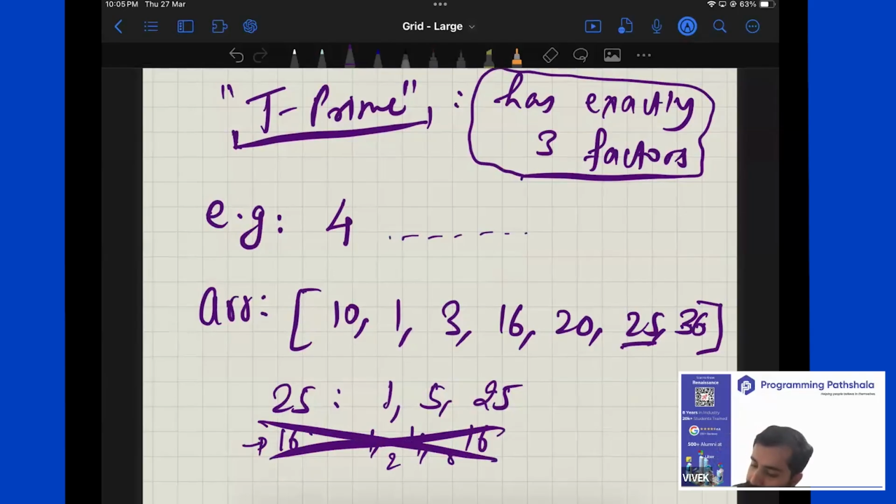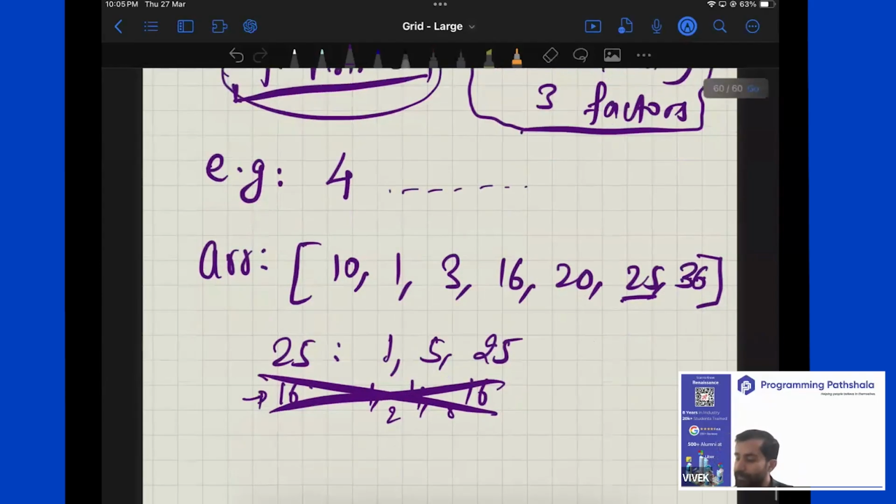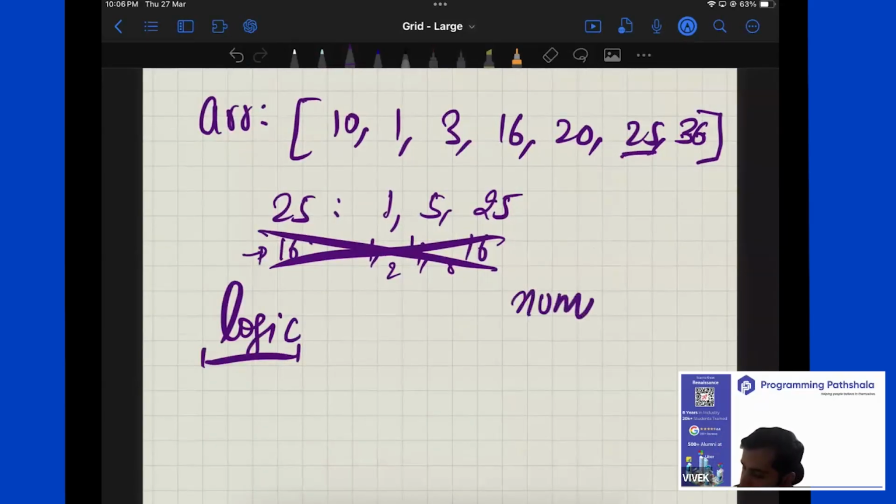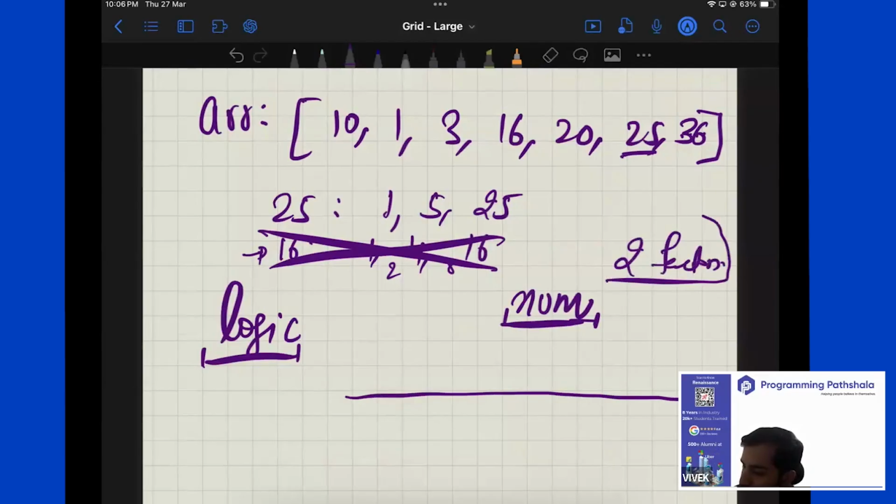So what is the attribute of a T prime number? How do you recognize whether a number is a T prime or not? And what is the logic behind it? Let's first talk about the logic, not the solution. Can I say that for any number, listen very closely to what I'm saying, for any number num, two factors are fixed. Yes or no? As long as the number is not equal to 1. 1 is useless, remove 1. As long as the number is not 1, two factors are fixed. Yes or no? And what will those two factors be? 1 and the number itself,